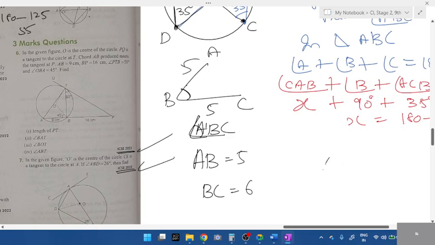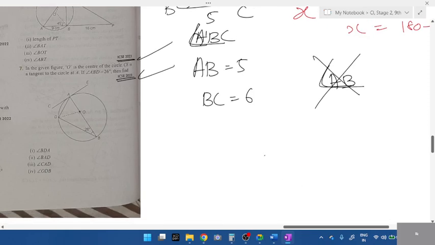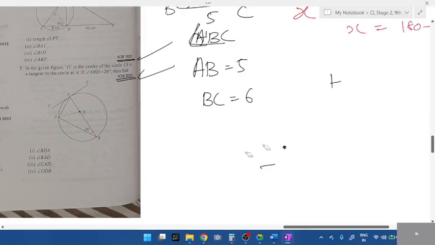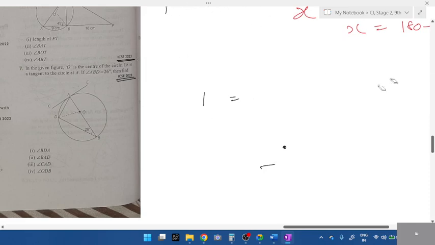Some students are writing side like this. Shouldn't put this angle symbol on a side. This is wrong. Side has to be mentioned A to B. Okay, this indicates starting point is A, ending point is B. This is side. This symbol is for angle. You should never use this with side. Okay, what's the formula I told you all for secant? PA into,